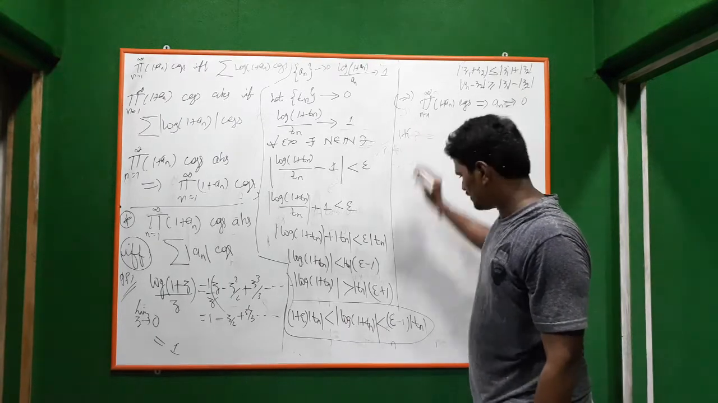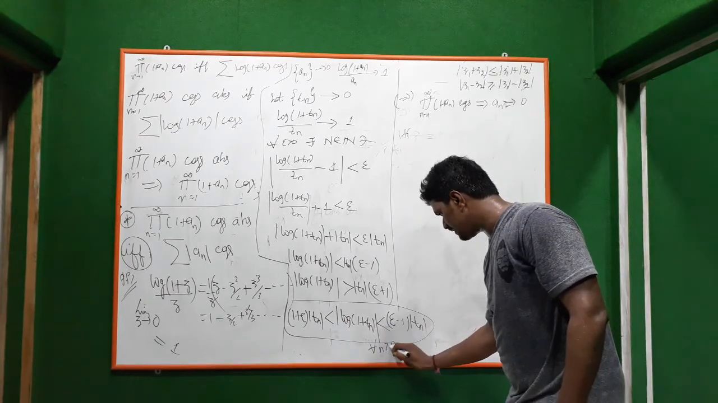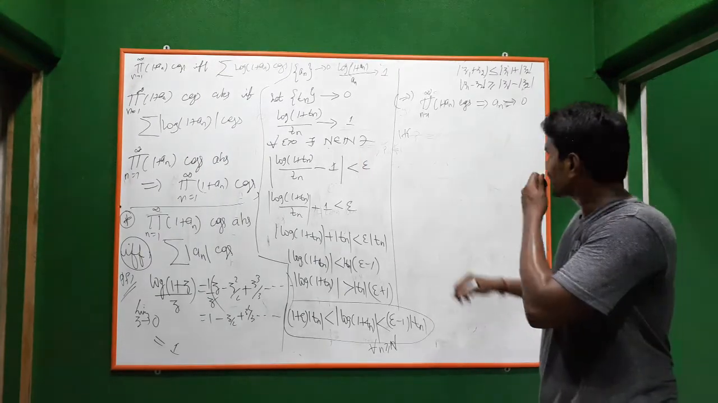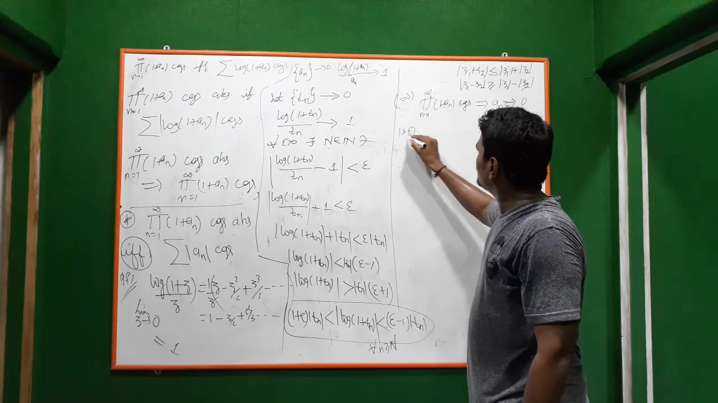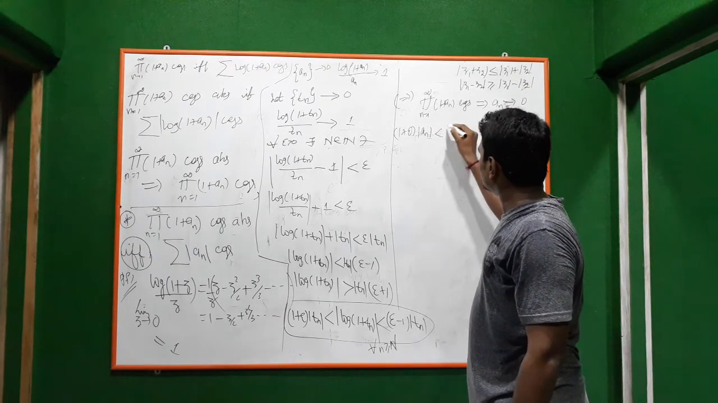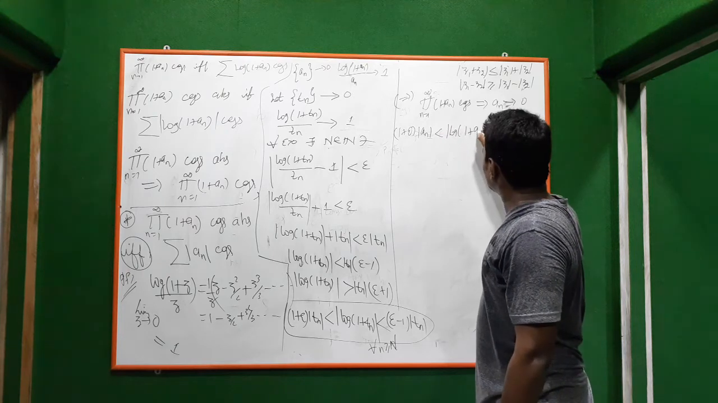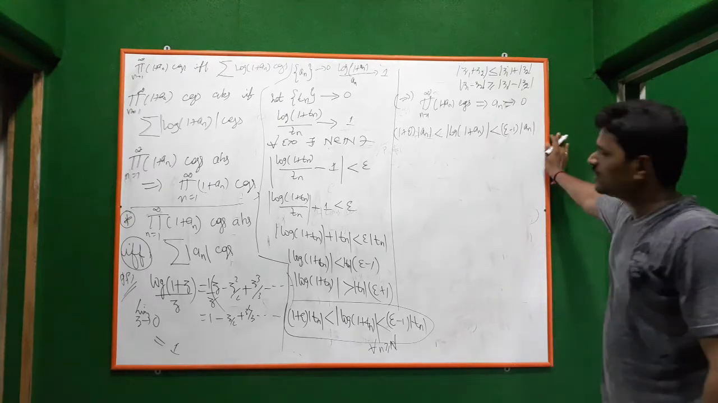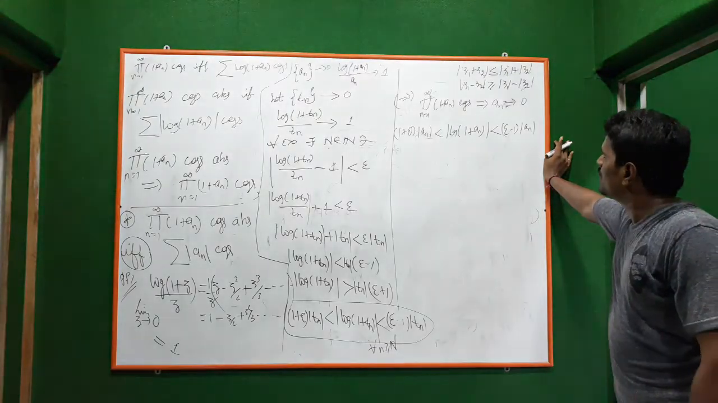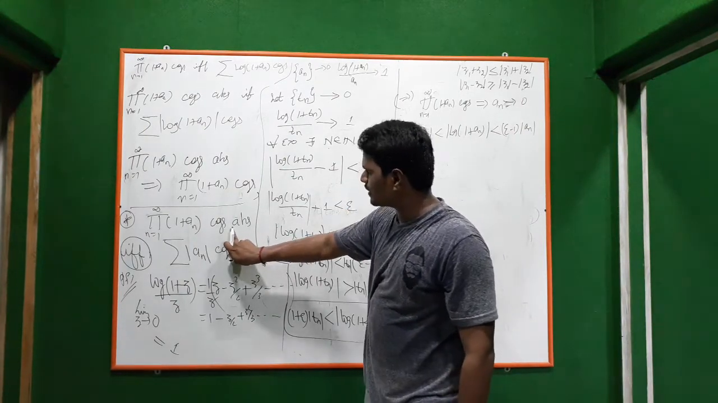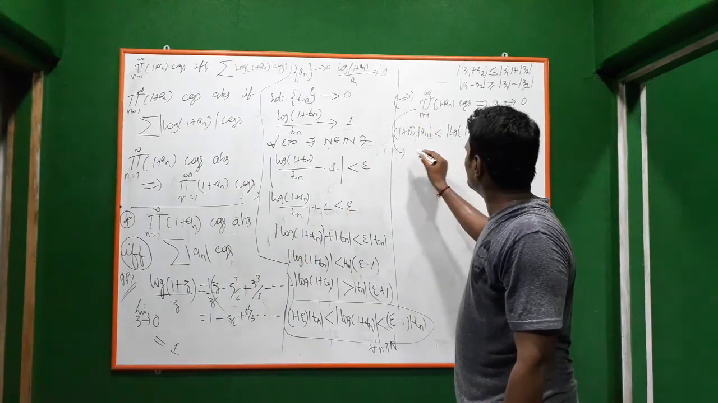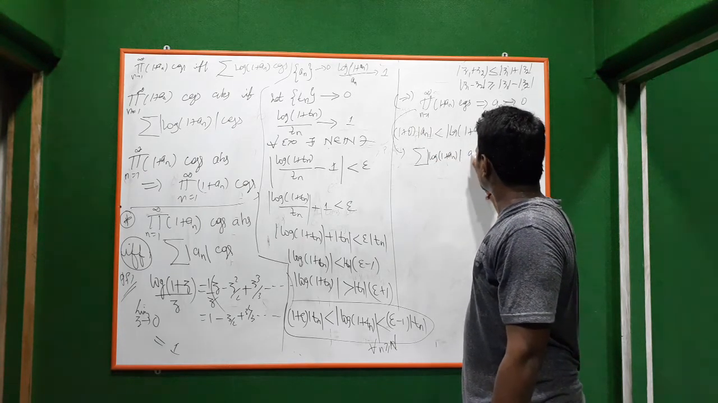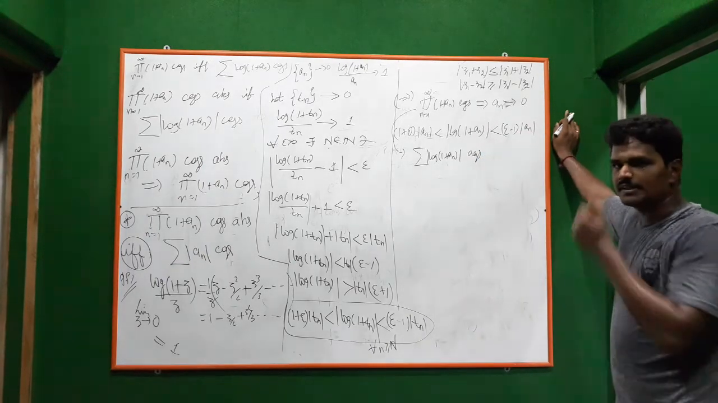So 1 plus epsilon, this is true for every n greater than or equal to the stage. Okay, there is a stage n. So 1 plus epsilon times mod a_n is less than mod log of 1 plus a_n is less than epsilon minus 1 times mod a_n. Use the comparison test and prove. Since this converges absolutely, that means what? This converges absolutely implies summation log 1 plus modulus of 1 plus a_n converges. Since this converges,